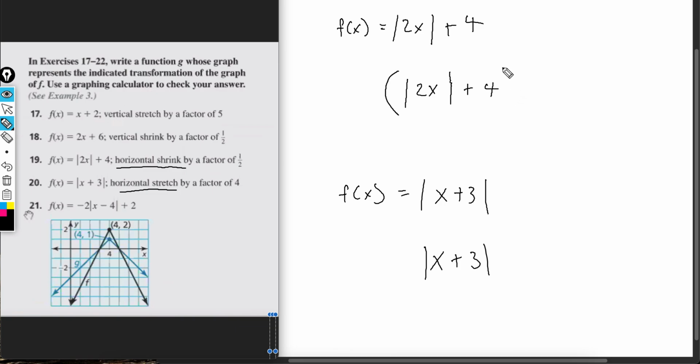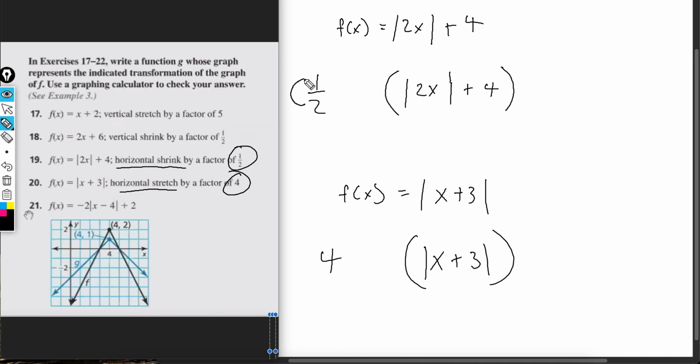Put a parenthesis, parenthesis, parenthesis, parenthesis. The reason I'm doing parentheses is just to show you multiplying. By the way, this is not mathematically correct. A lot of teachers try to hate on me, but I try to make everything easy. So, what do they want here? 1/2, right? And what do they want this one by? Okay, 4. Now, unlike the vertical shrink and the vertical stretch, where you put it right here and multiply it inward,